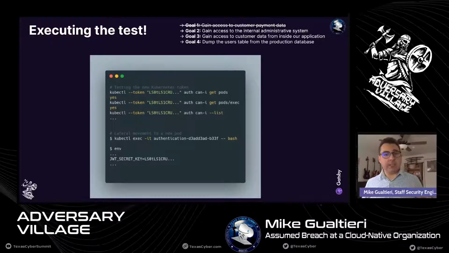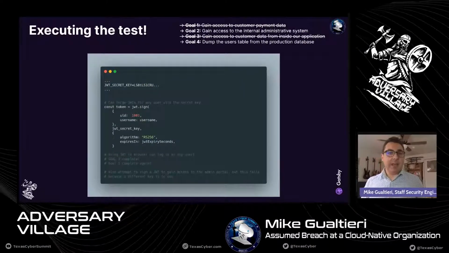So we exec into this interesting pod called authentication. In there, we find the JWT secret. This is the signing key. And with the signing key, we can create tokens in any way we want now. And as it turns out, because we can manipulate the whole token, we can just change the user ID to anything, and then we can log into any user in the system. And this checks off